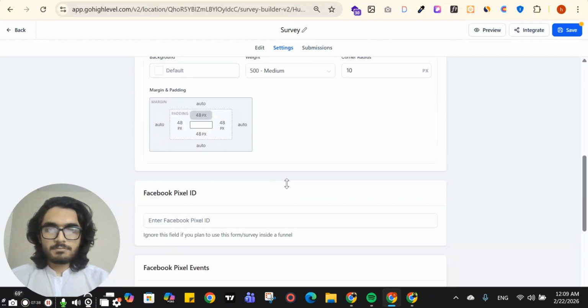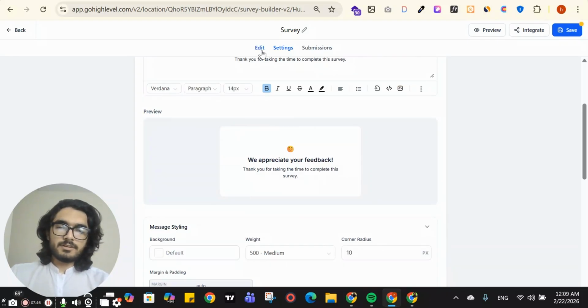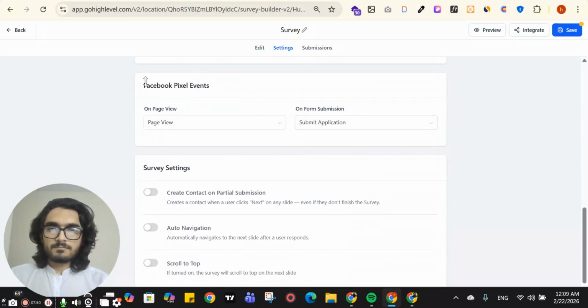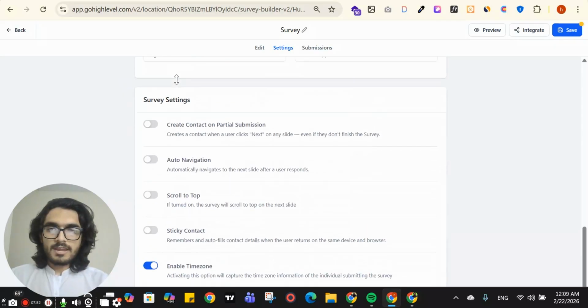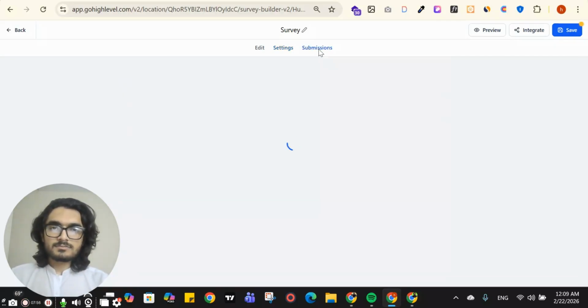But skip it. If you create the page, then add the page in the funnel steps, like on the first page the main funnel, and the second is the thank you or the calendar booking page. And this is some Facebook pixel event, skip it for now. And this is some advanced survey settings. And next, for the submissions,